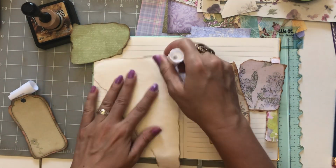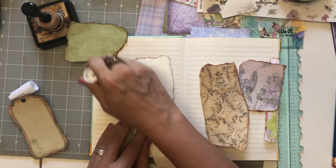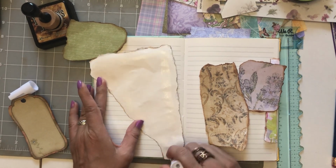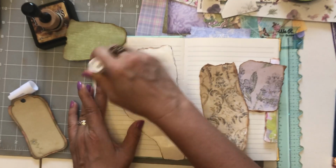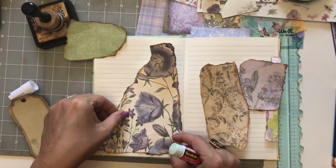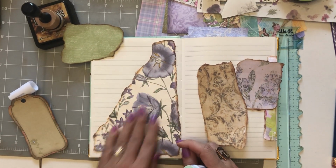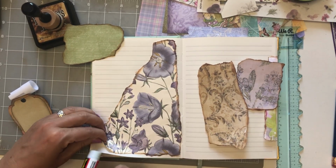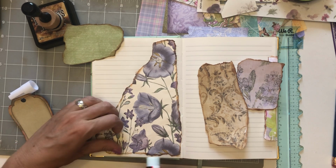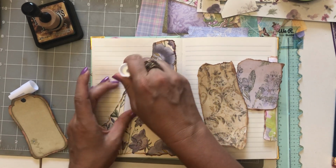Okay, so this will go first. We're doing the layers. So you get the base done. That's kind of how I do all of my stuff. I get my base done, and then I add more, and then I'm like, it needs a little bit more, and then I add a little bit more. And before you know it, you've got all your layers, and then it all kind of comes together. Oops, it looks like I might be running out of...